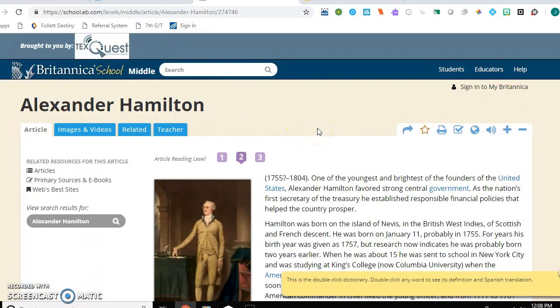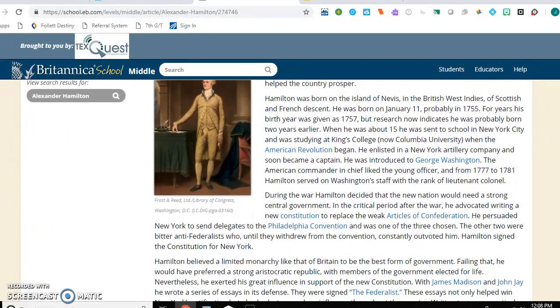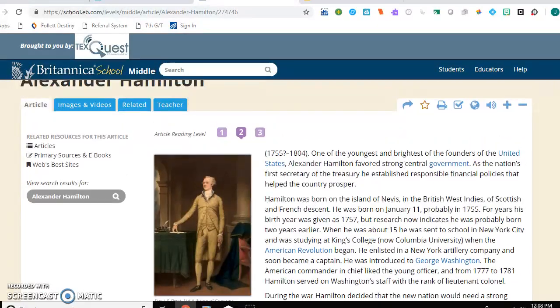Whenever you're looking for information for a project, you go ahead and just skim through first, just reading for basic information. And then when you're ready to start asking questions, then you can go back and look for specific information. But the first thing that we always want to do is cite our source. To cite our source in a library resource, we just need to look for the citation button and then copy